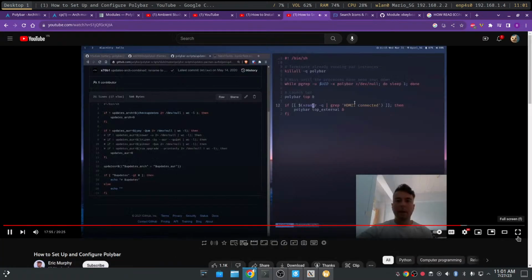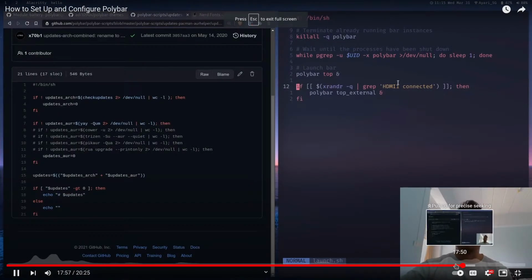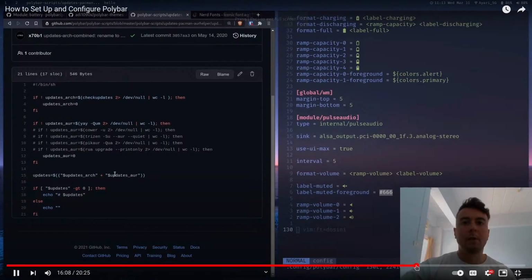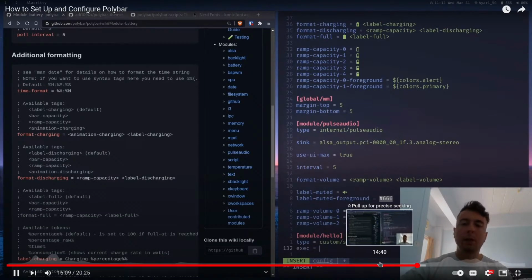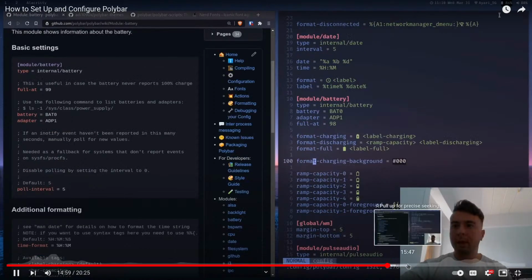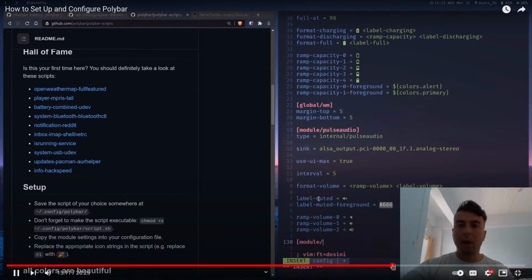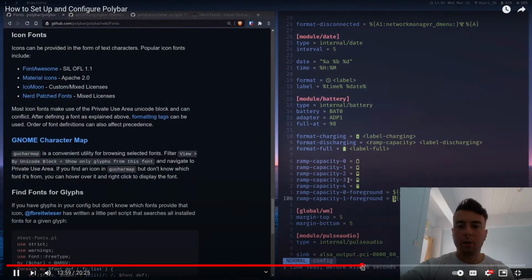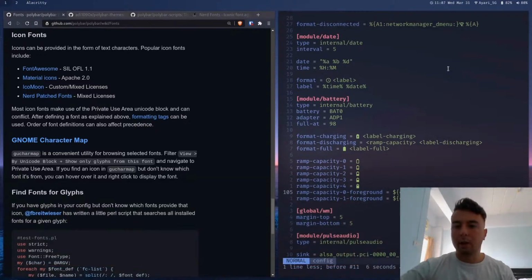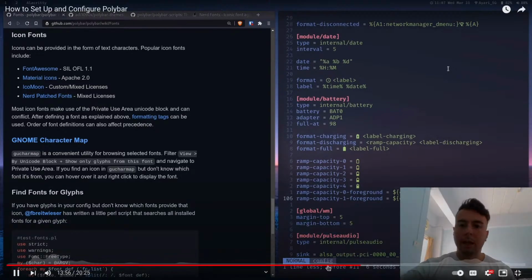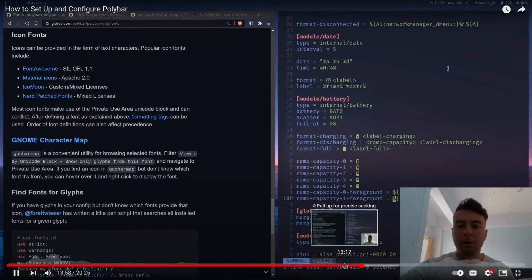Right here, and this right here is just saying if I have an external monitor. It's in the description, a few things, and you can leave a link to what you can do with each of these modules. For example, I want whenever it's capacity 0 or like 20% left, then I want it to turn red to let me know that my battery is almost out. So you can add this dash foreground in order to color it red, and of course after it's over,